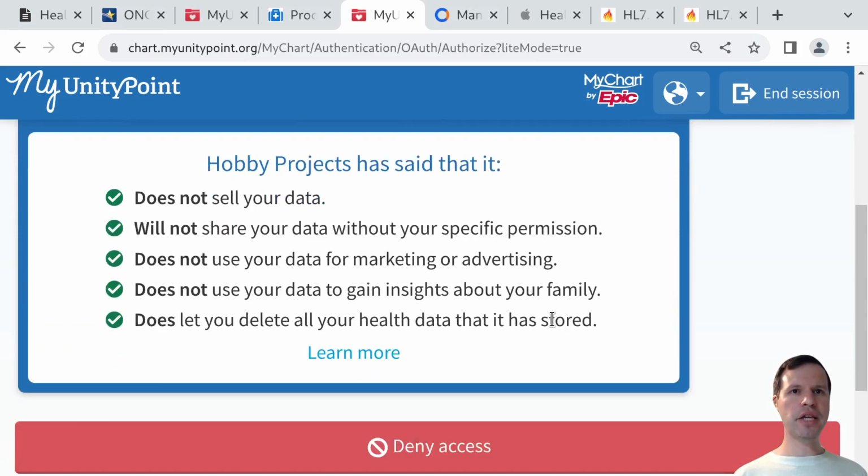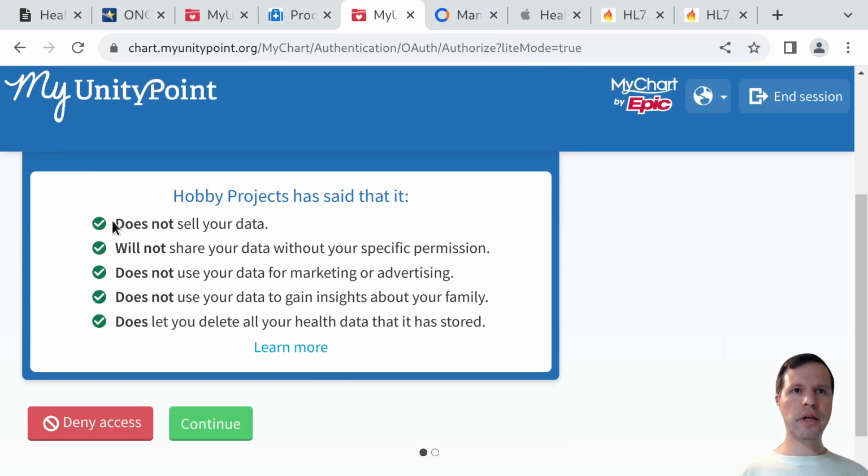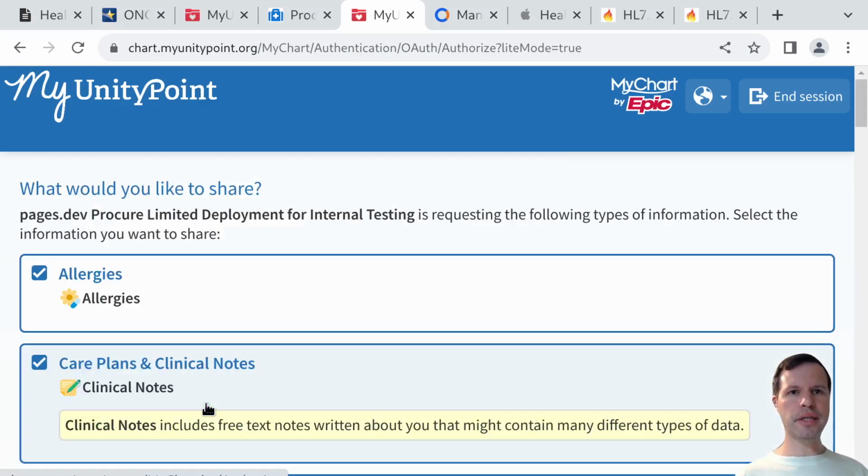And in this case, the patient portal surfaces some information about what that app is or who the app developer is. In this case, they've surfaced information reported by the app developer saying that they're not going to sell your data, they're not going to use your data for marketing or advertising, and they will let you delete your health data if you want. So as long as you're comfortable with this, you can continue in the process of approving access,